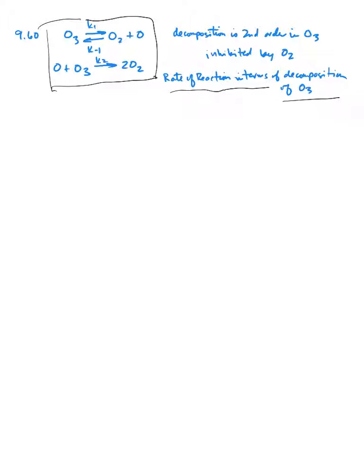You might remember that when we learned differential rate laws, we said that we could write it in terms of a product growing in or a reactant going away. And you needed a negative sign in front of the reactants going away because the differential is negative in and of itself. But rates of reaction are always positive. So if they're always positive, I need a negative sign to make up for the negative differential. That can make the math a little confusing though, but if we're looking at the rate of reaction,